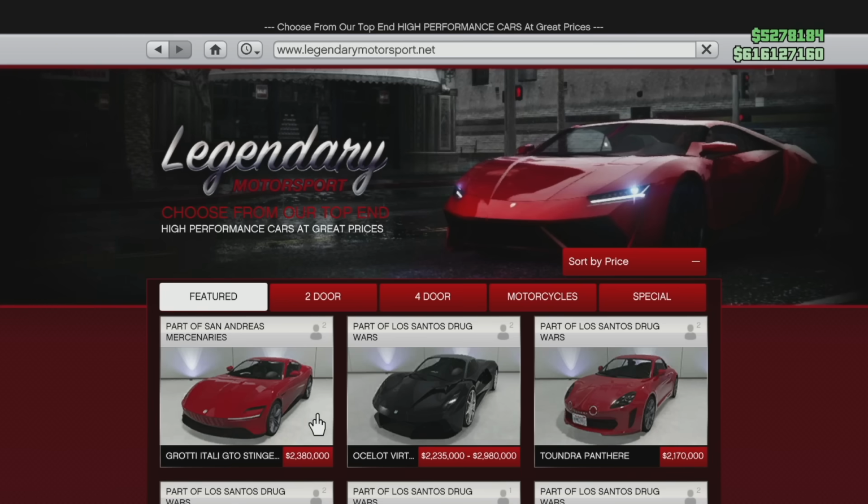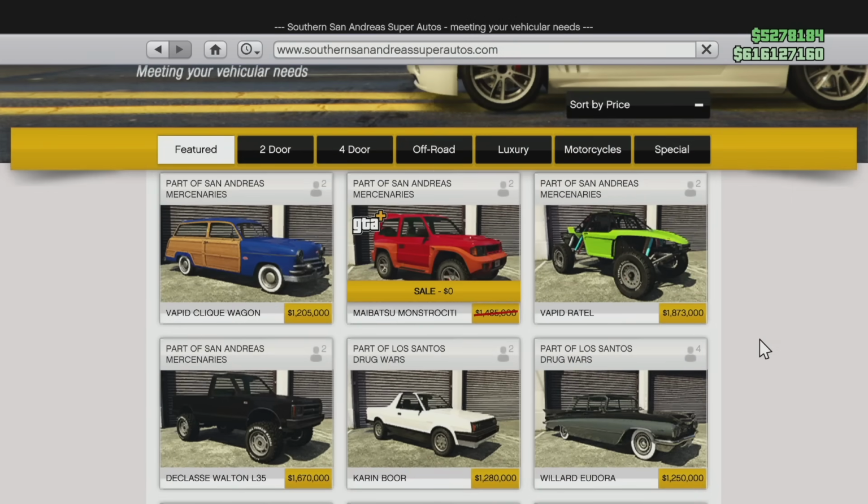Now, these drip feed vehicles come alongside really 8 new cars and aircrafts that they introduced in this update. Starting on the Southern San Andreas Super Auto site, you've got the Vapid Click Wagon for $1,205,000. You've also got the Mayabatsu Monstrosity for $1,485,000, although it's free as a part of the Vinewood Car Club. The Vapid Rattel for $1,873,000, and then the Class A Walton L35 for